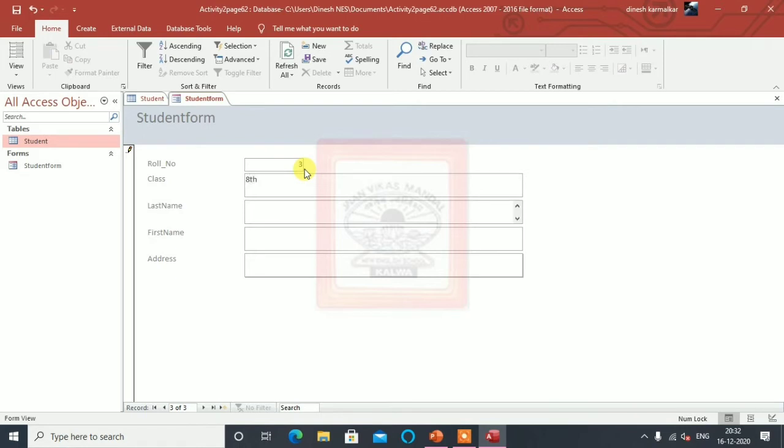Again I will take the address here, any random names I'm taking here, let's say different cities we will use. Here class I will take as... let's save this much and see our form or the records.